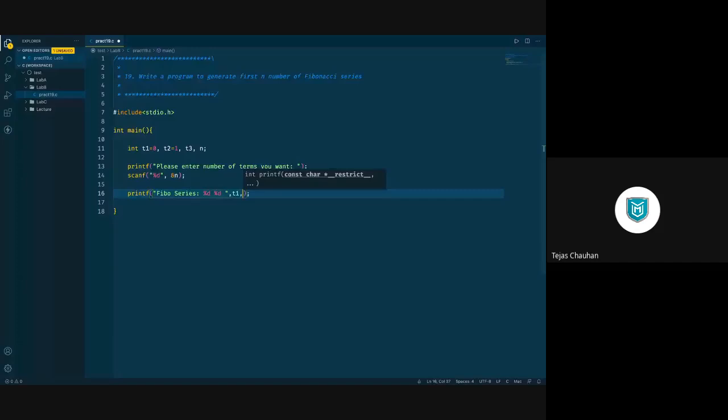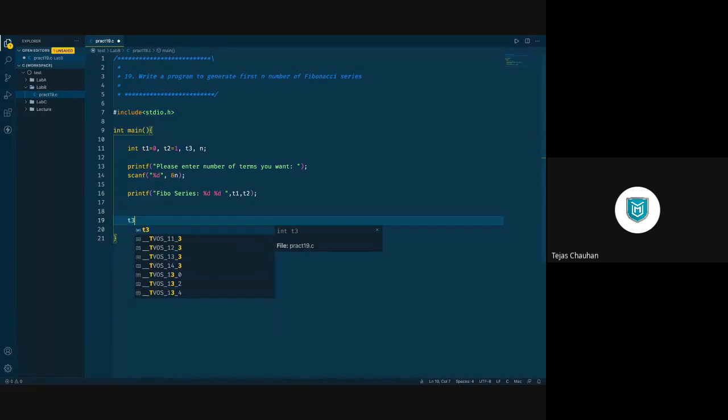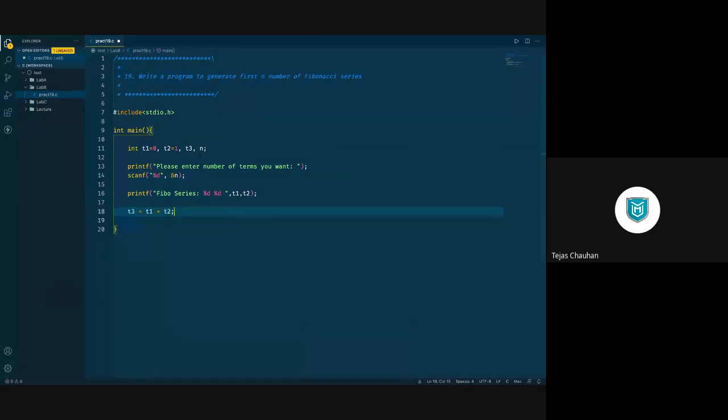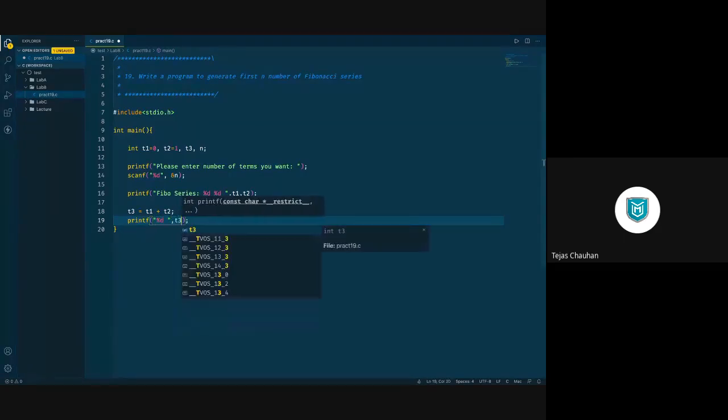So वो दोनों मैंने प्रिंट कर दी. अब तीसरी टर्म कैसे मिलेगी? So I need to calculate that. T3 equals T1 plus T2. This is how I can calculate my third term. और अगर third term मिल गई, let us print the third term also, %d space, and I'm going to print the third term here.